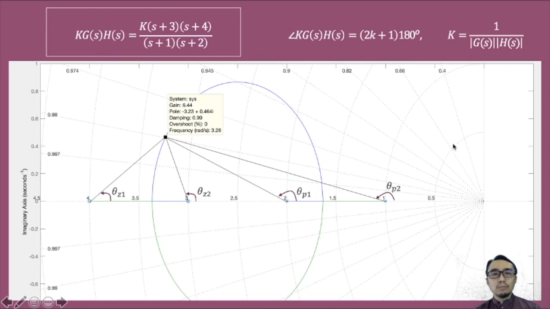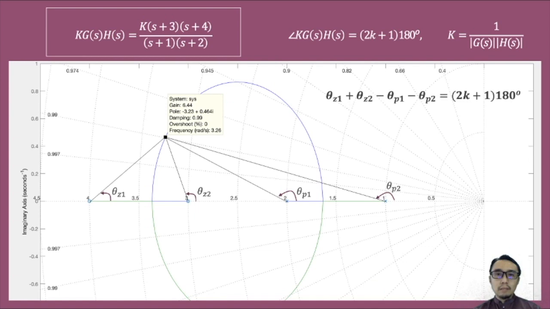So first we identify the point, ensure that it's on the locus using the angle criterion, and then we can solve for the k that actually gives this particular point. In this case, the pole is minus 3.23 plus 0.464i,